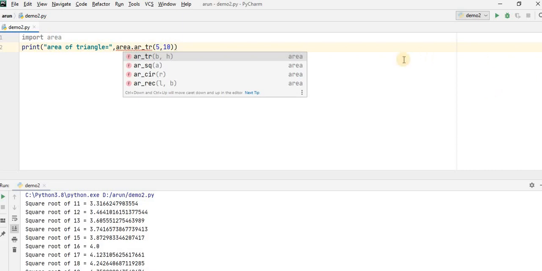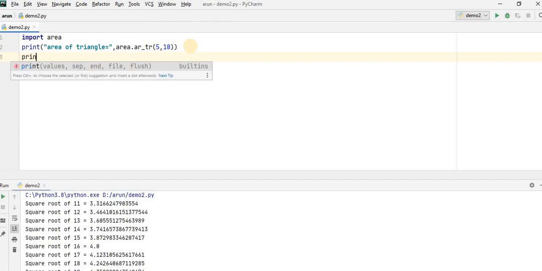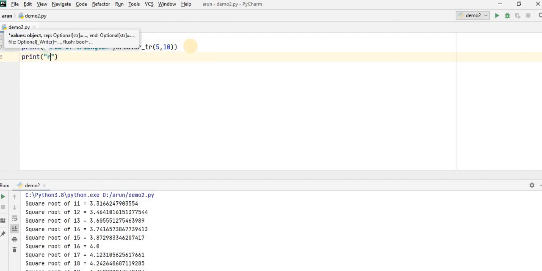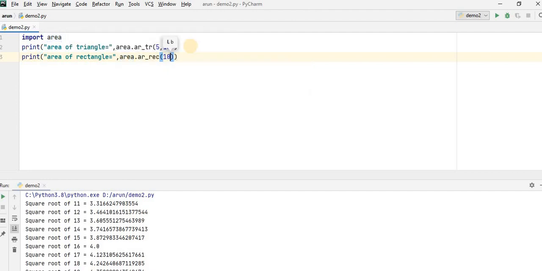Similarly you can use print area of rectangle equals to, and what you will do: area dot rectangle, and pass the parameters 10, 12.